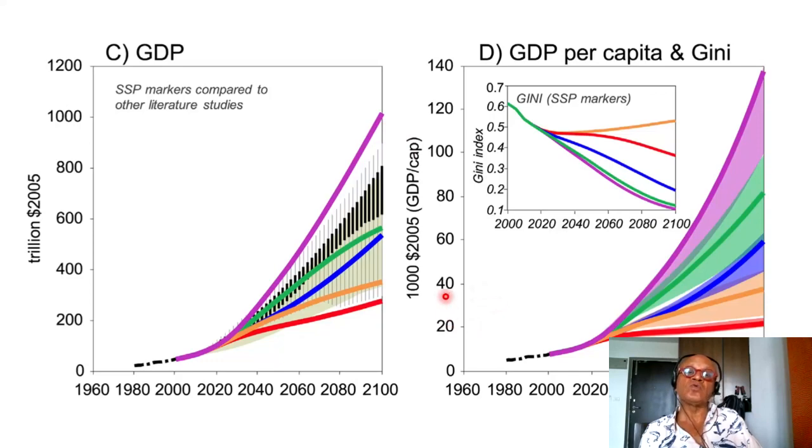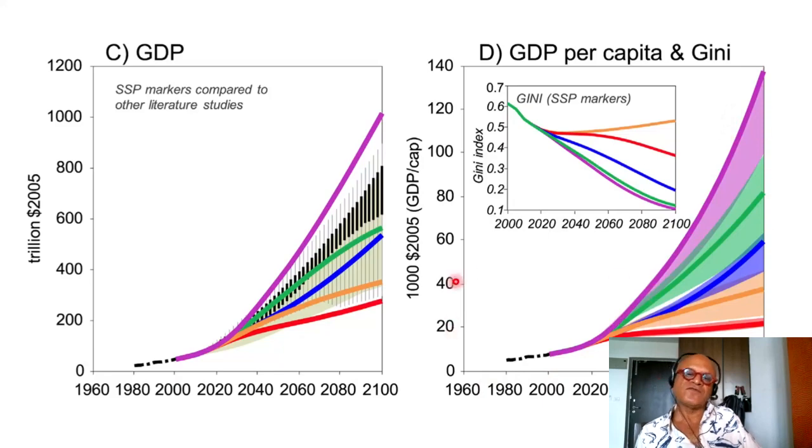Low complexity, low challenges to adaptation, but high challenges to mitigation. If you keep on burning fossil fuels, you have to keep on taking out that CO2 and hide it somewhere and so on and so forth, or even reduce the emissions in the first place with EVs, renewables, well, not renewables because you have fossil fueled growth of GDP. Okay, so GDP per capita and the Gini index is kind of a purchasing power kind of index that's commonly used by economists. You can look it up. I've discussed it elsewhere. So again, we're going from historic period into the projection period.